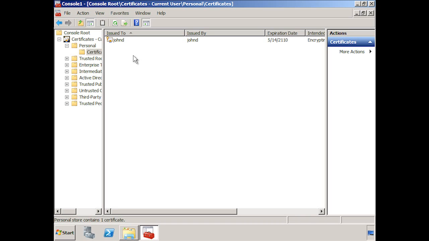On the network, I do not have a certificate authority, so you will notice that the certificate has been issued by John Doe. What this means is the certificate is what is called a self-signed certificate. Self-signed certificates are considered the weakest kinds of certificates because they are signed by the user or local computer and not by a trusted authority. If I scroll to the right, you can see the intended purpose of the certificate is for the encrypted file